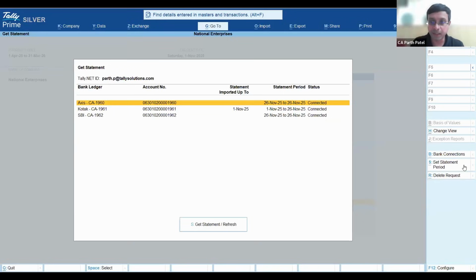So set statement period is a field which we will use to define from which date to which date we will download and fetch the bank statement directly into TallyPrime from the partner bank, right? So here you can specify, or else if you don't want to specify, we can simply select here and click on the get statement, right? So once we click on the get statement,